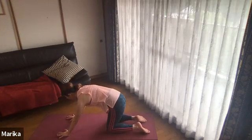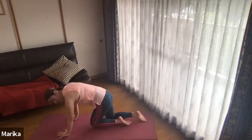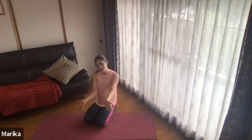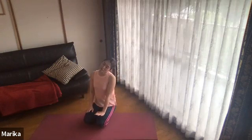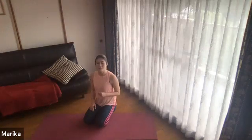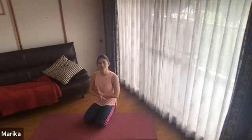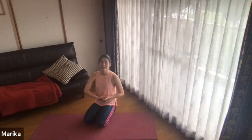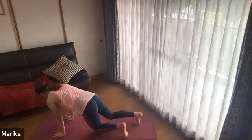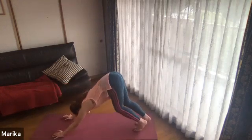Move through cow and cat on your own with your breath. And if you start to add some stretching, wrist stretching, or adding some movement, wiggling your shoulders, or sending your hips back and forward, you can do that. You don't need to follow through some pose or shape that has a specific name to it. Beautiful choices. Nice. Now keep moving as you tuck both of your toes under, sending your hips back and up,